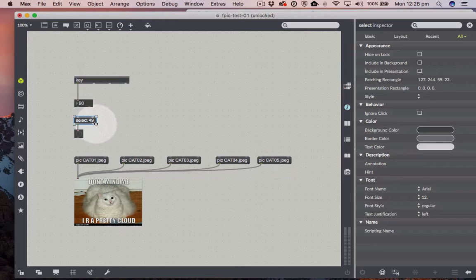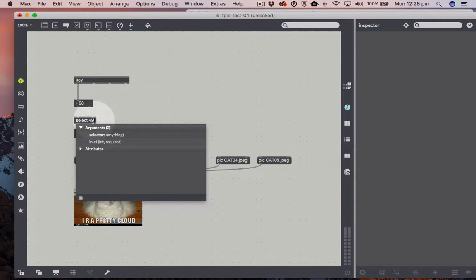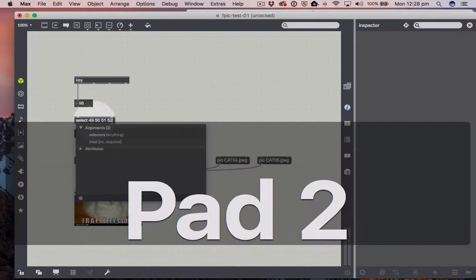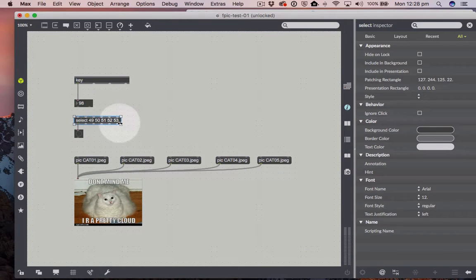And the clever thing with select is that you can put many different numbers in here. So if I go 49, it's really important you need to put a space so it recognizes this as a separate new number. 49, 50, space, 51, space, 52, space, 53. Cool. So now let's stretch that out, and we will see that